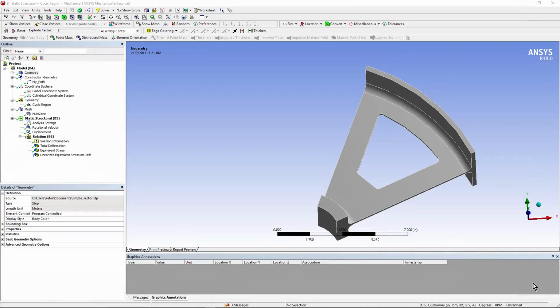Hello and welcome to this presentation on Ansys Workbench Mechanical. We're going to look at the problem of finding path results in problems that have cyclic symmetry. Occasionally questions come from customers when they try to do this without success, and I'm going to illustrate a simple